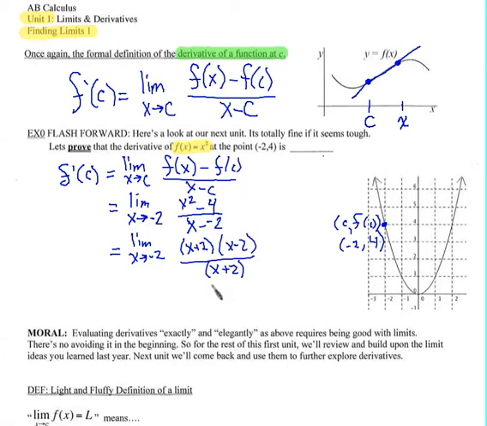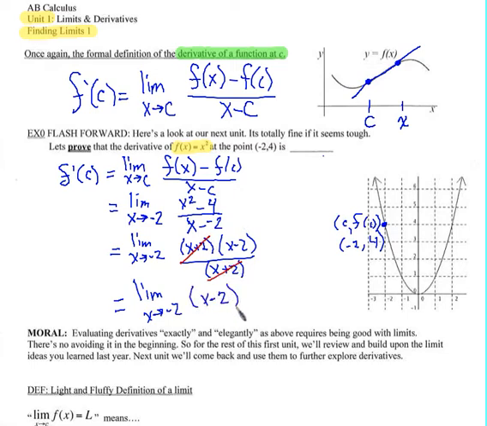If you remember from pre-calculus, what this means is that because we have an x plus 2 here and x plus 2 here, on the graph, if we were to graph this, you have a hole. It cannot be evaluated. But we can notice that we have an x plus 2 here and an x plus 2 there, and those reduce to 1. So then what we end up with is the limit as x approaches -2 of this simplified fraction,